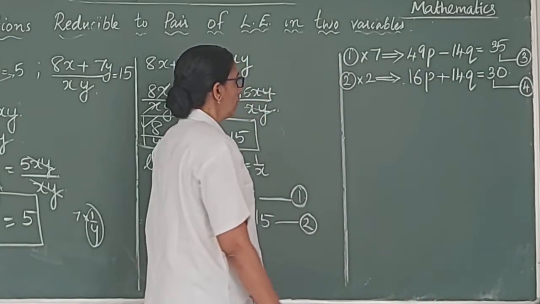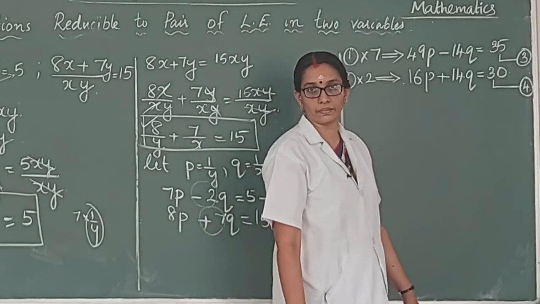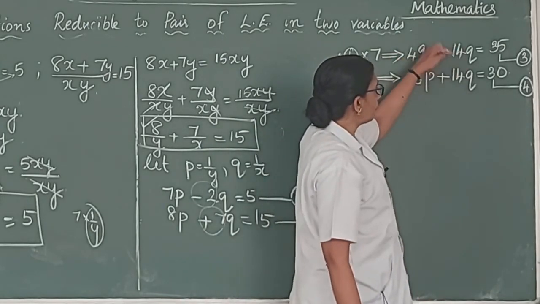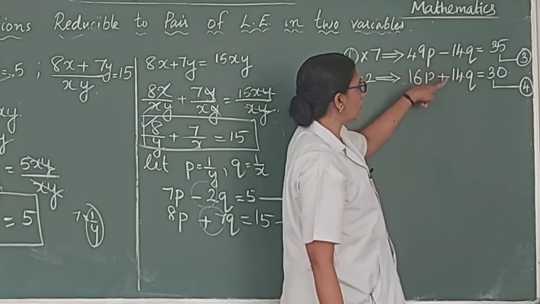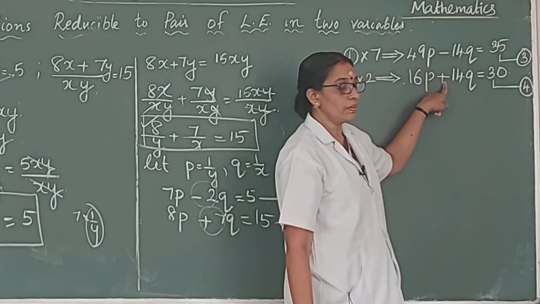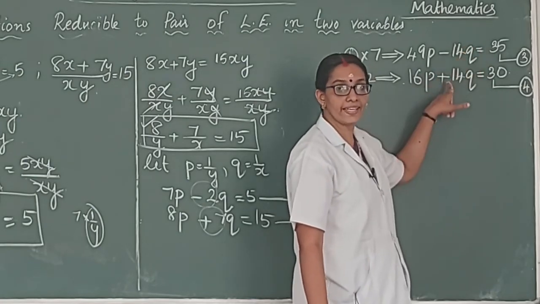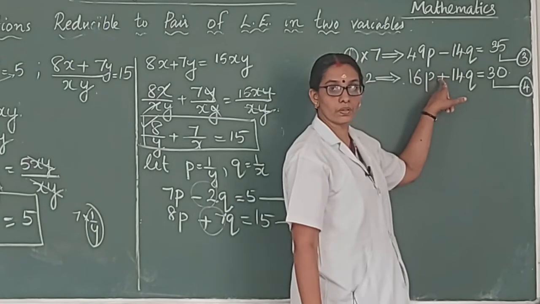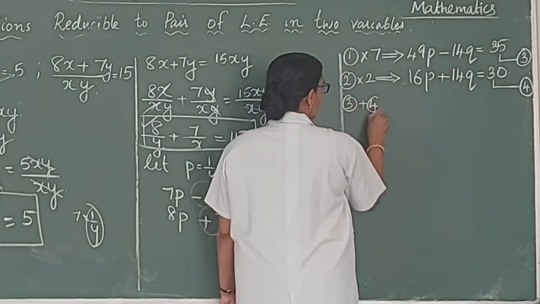Okay. Now, what we have to do? Addition or subtraction? Here we have equalized the Q coefficient, but here it is negative, this is positive. How can we eliminate these two? Just by adding, this will become 0. So, we have to add equation 3 plus equation 4, which gives,